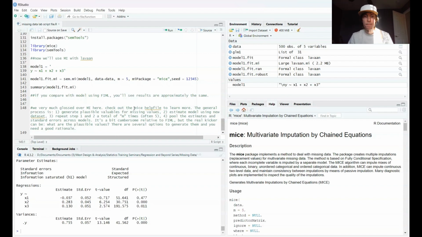Essentially, we're simulating values here, just based on probability and the distributions of our variables. So generally, you can say, yeah, that's okay, but depending on the specific circumstances of what you're looking at,